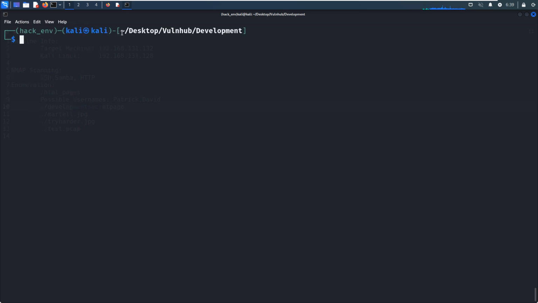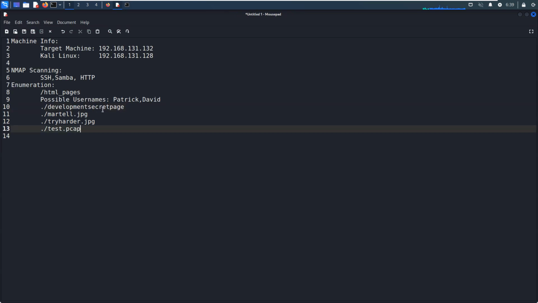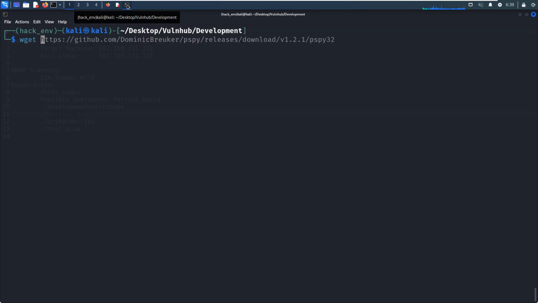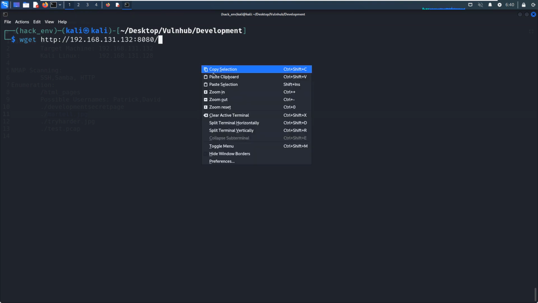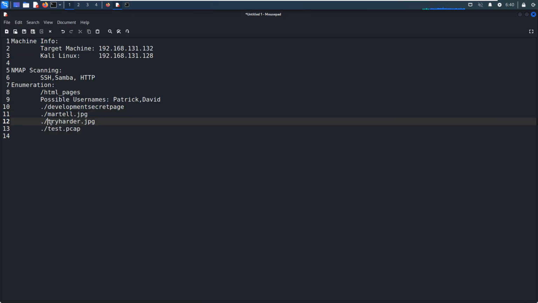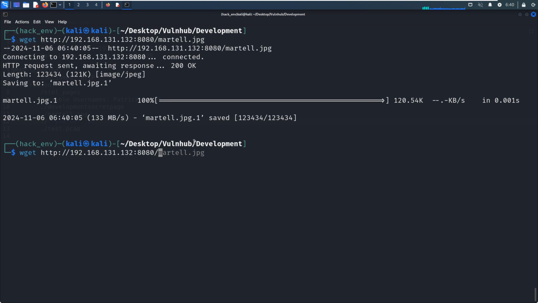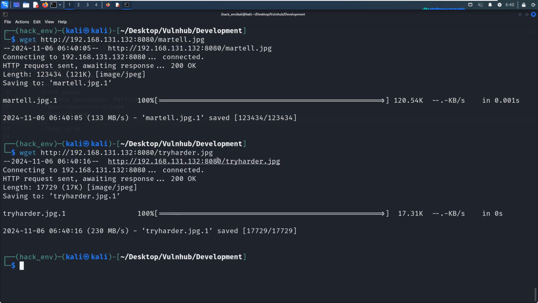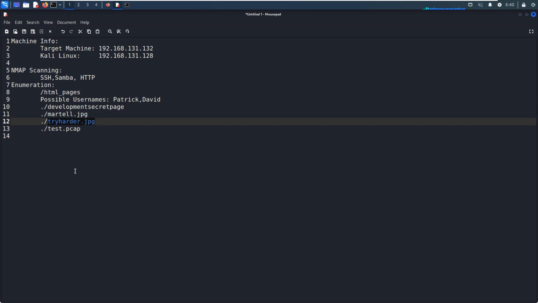And the next, we need to download these two pictures. We can use wget. And paste in here. It's done. So the next one is try harder. We can copy. Okay. And the next would be the pickle file.